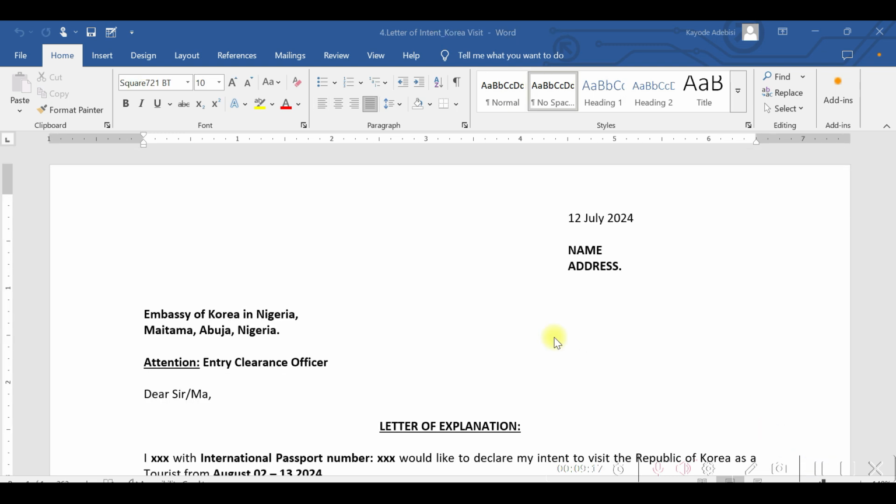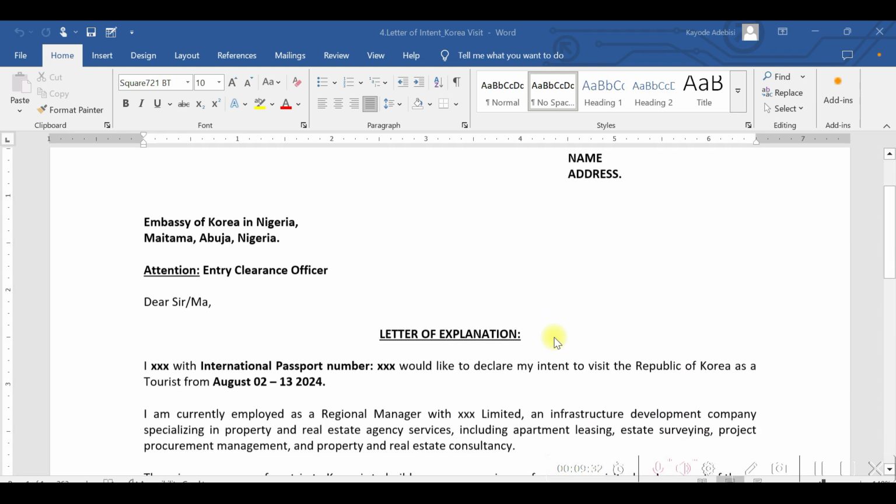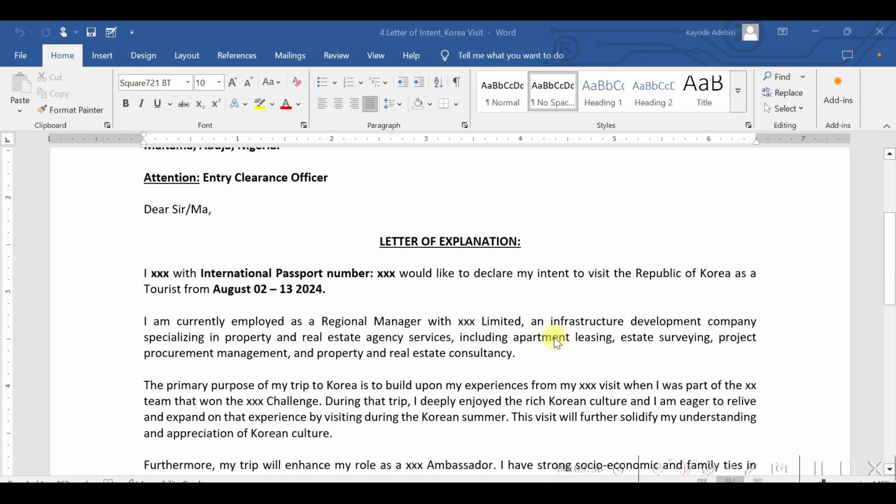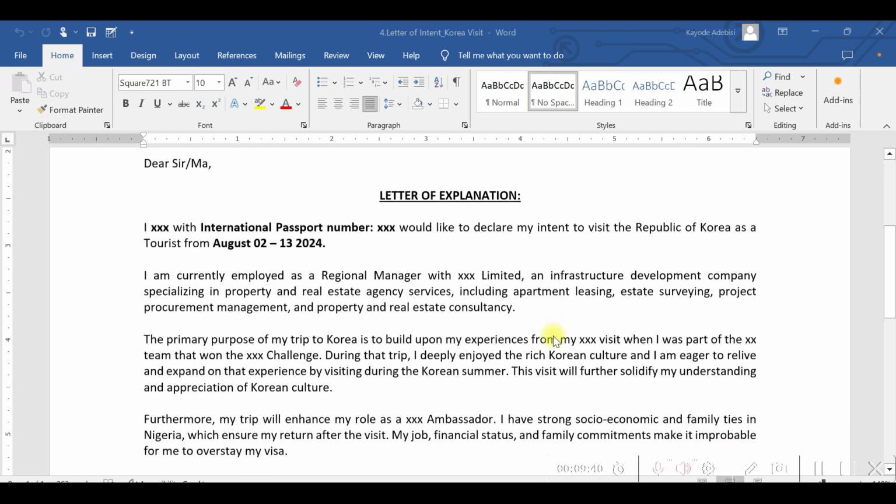So yes, the fourth SOP I'll be using to explain is actually a letter of explanation. Many of you might not know, I actually process Korean visas, but I don't do much of it. Maybe I'll start showing success stories on visas processed for Korea. This letter of explanation was used for someone intending to visit Korea for tourism, and this is how we drafted it.